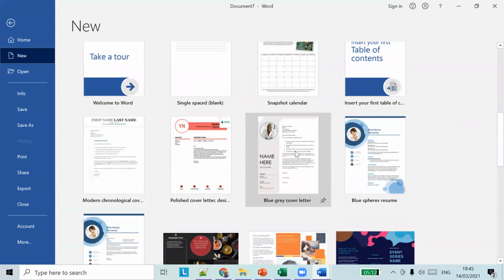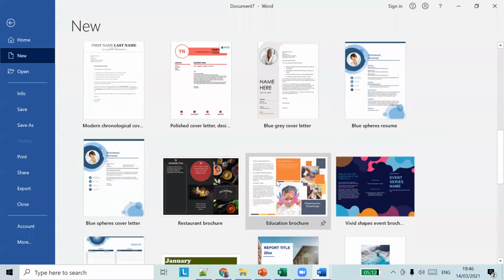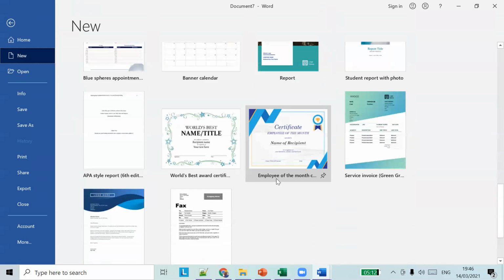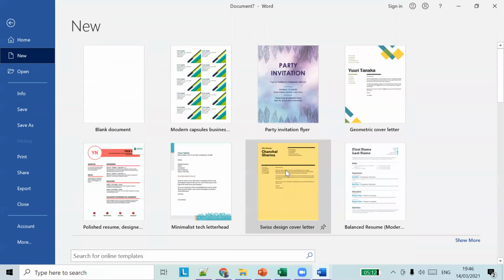Okay, so we'll do another example of a resume. I think that will be very useful. You can write your own resume using some templates already available.